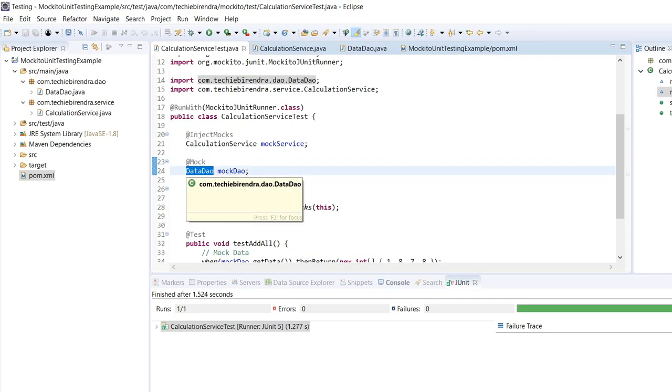Why are we calling it a mock object? Because that is one dummy object. That is a clone of that original object, we can say. It's a duplicate object of the original object. Okay, now this DAO is required in the service here,